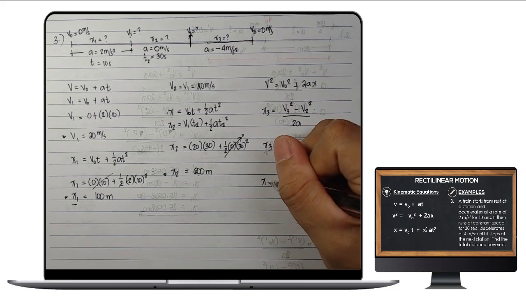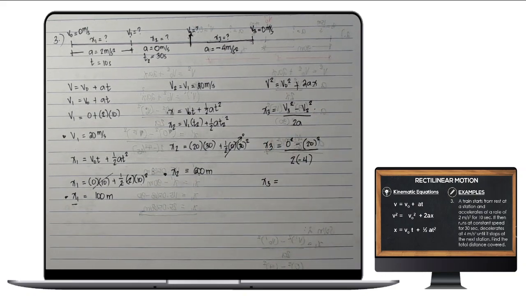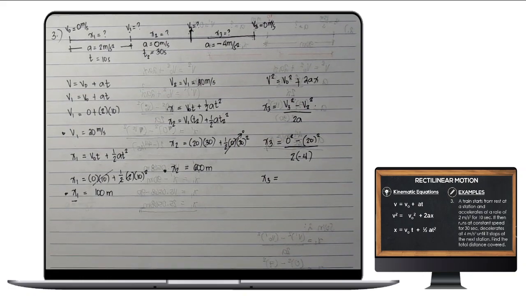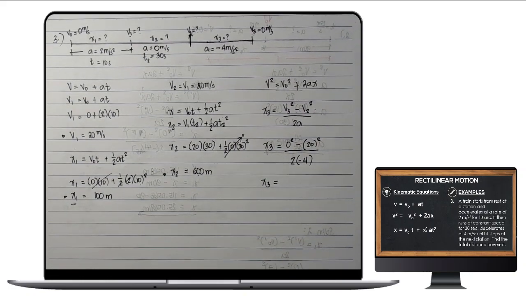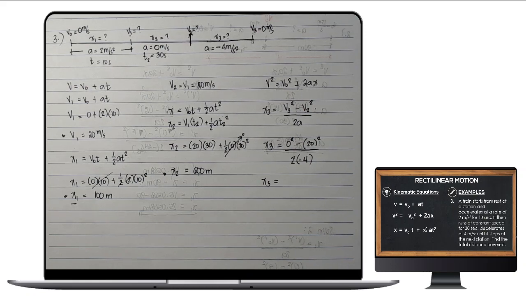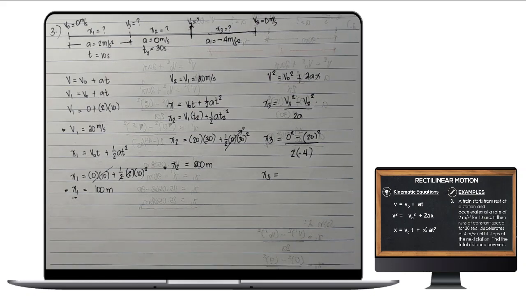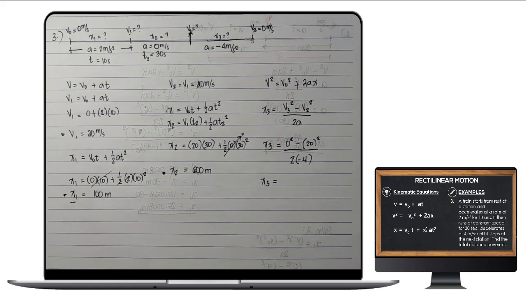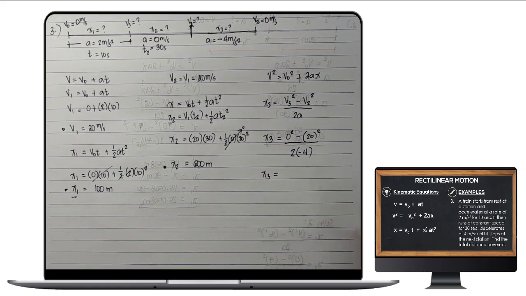So, x sub 3 is equal to, so that is 400 divided by 8. Okay, so we have negative 20 being squared, that is negative 400 divided by negative 8,